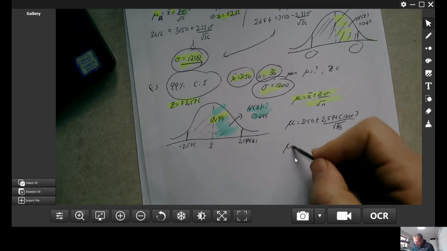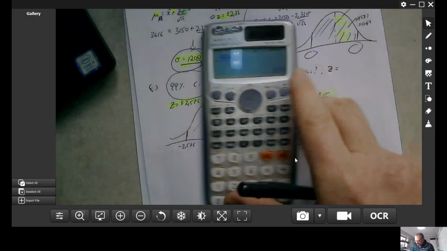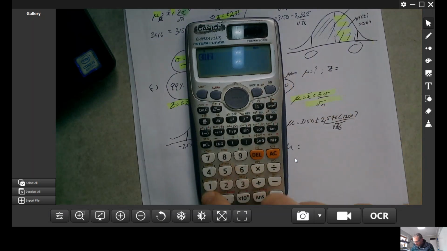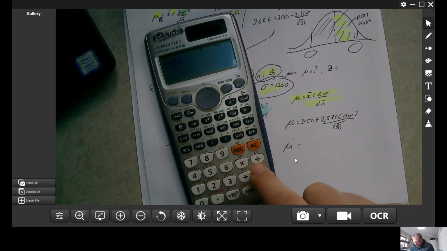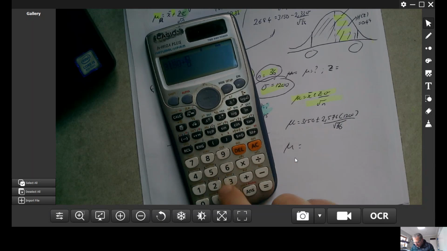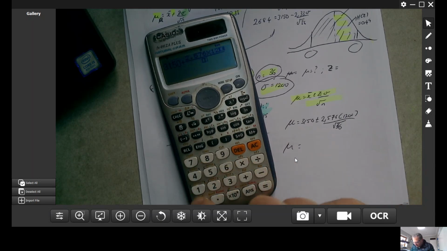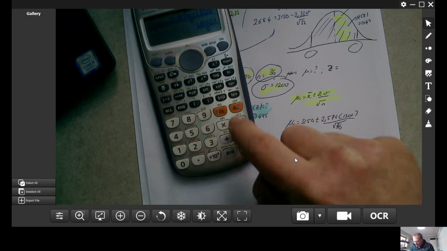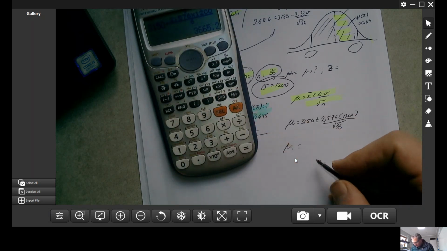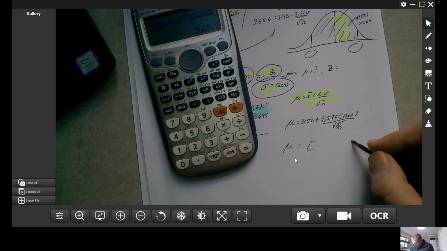Pop that into your calculator, and try to get used to working quickly: 3150 plus 2.576 times 1,200 over root 36, which is 6. So the upper boundary is going to be,